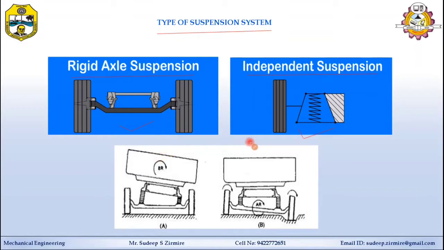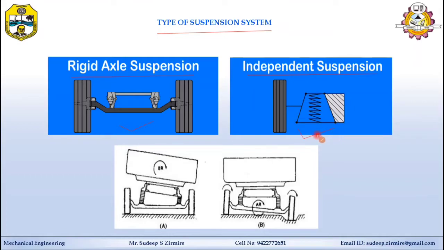Independent suspension is generally used in cars and jeeps, and in bikes also you can see a separate system for each tire. In rigid axle suspension, generally leaf springs are used, sometimes coil springs, or